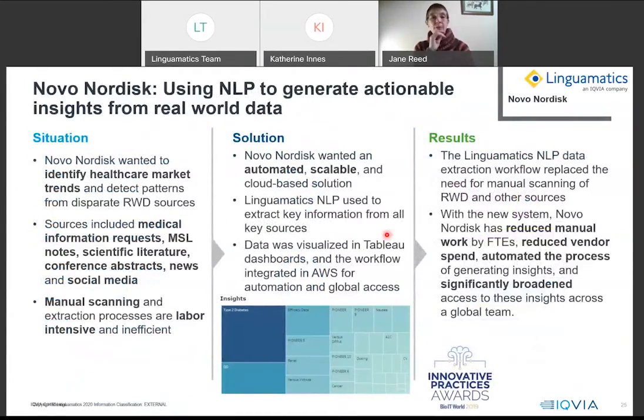So this is an example from Novo Nordisk. It's actually an award-winning one. We won the Innovative Practices by IT World a year ago with this. They built this Insights Hub to really identify market trends and detect patterns from a range of different sources. So they're particularly looking at medical information requests, medical insights, at MSL notes, at scientific literature, conference abstracts, news, and social media. And they particularly want to be able to pull in information around their key products and then